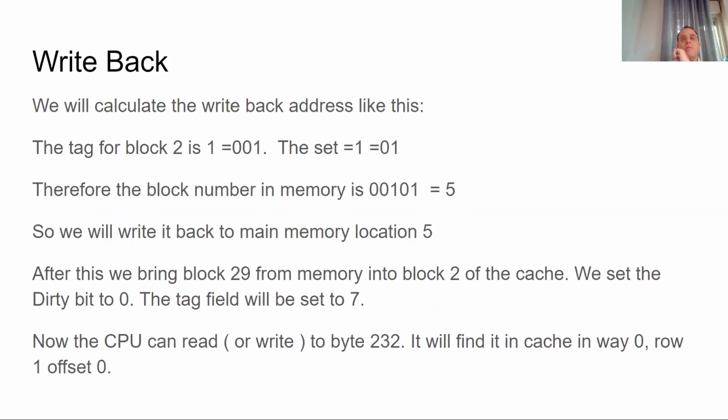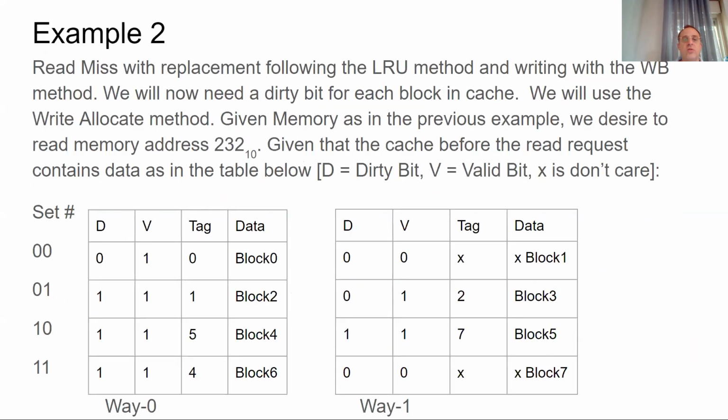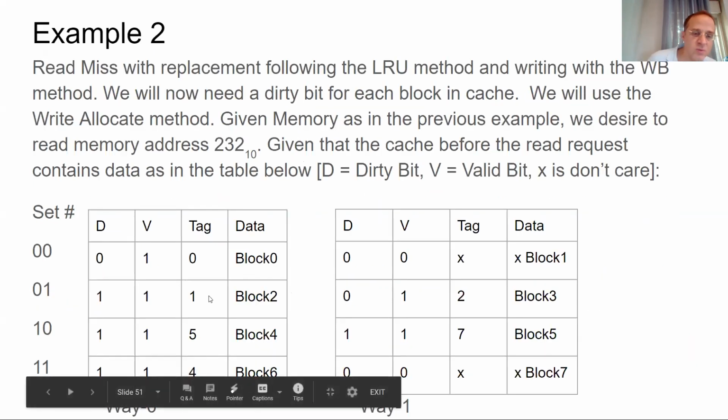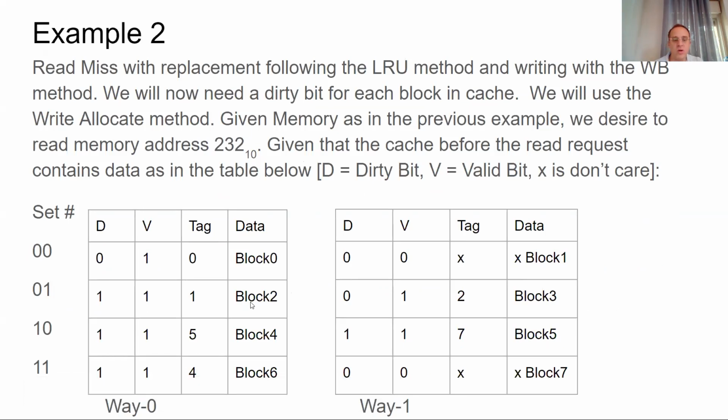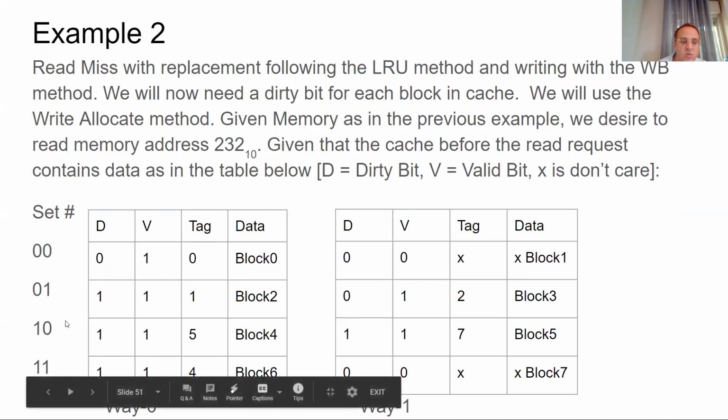We will calculate the write back address like this. Now we have to figure out where to write it back to, right? We're going to put 29 in here. That's very nice, but whatever's the information in block 2 has to be written somewhere, and its tag is 1, and we know that it's in set